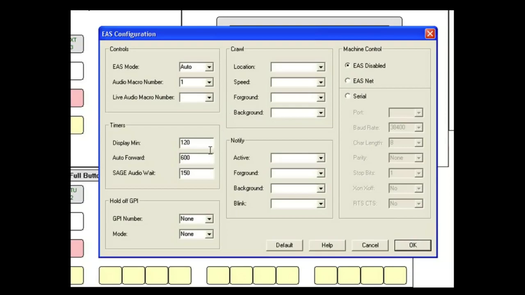Okay, in the timer section, the display minimum needs to actually be set to the lowest possible number that it can be set to, which happens to be 10, and this is in seconds. And what this means is that 10 seconds